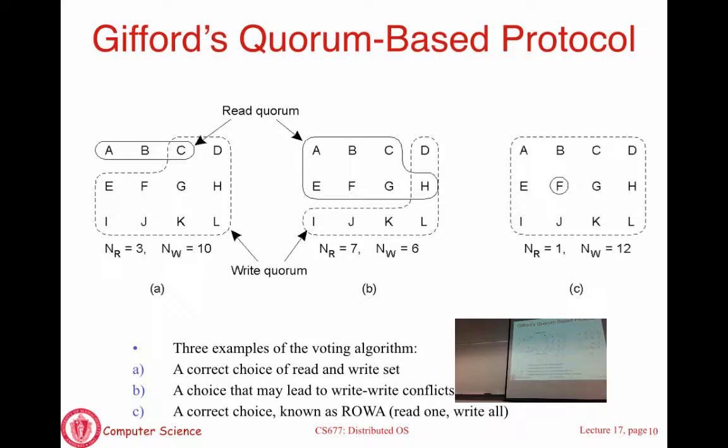Question is, in this case, are you going to find agreement? You couldn't find agreement because there is no way to pick 7 servers, all of them who will actually see the version of the file, because there are only 6 servers that have even seen the write. So no matter how you pick, there will be at least one server that hasn't seen the write, it's going to disagree with the others.